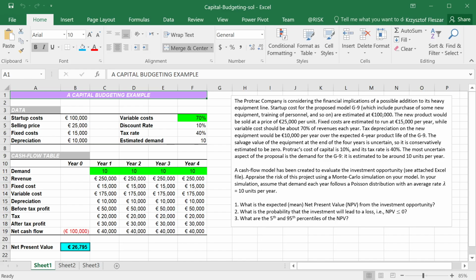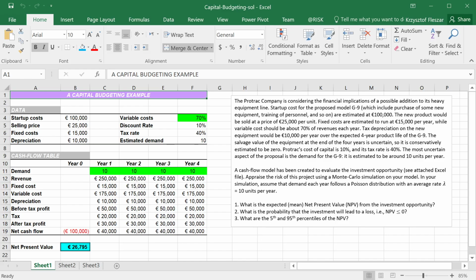The new product would be sold at a price of 25,000 euro per unit. Fixed costs are 15,000 per year, while variable costs should be 70% per year. Tax depreciation on the new equipment would be 10,000 euro over the expected 4-year product life of this G9 product. The salvage value of the equipment is conservatively assumed to be zero, and there is 10% cost on capital and